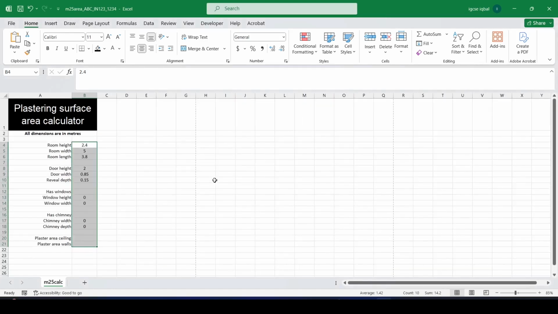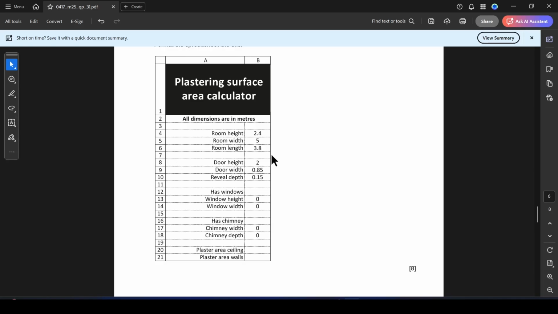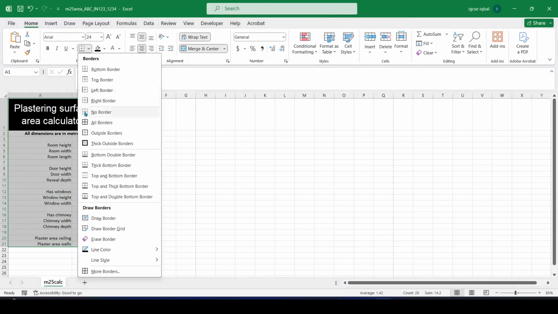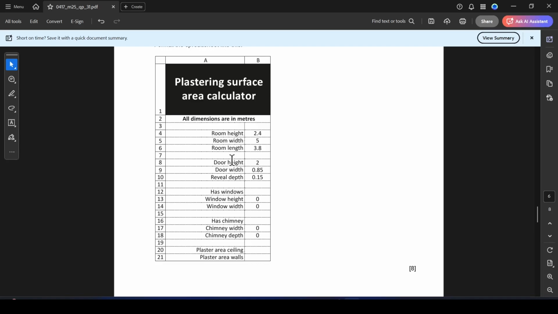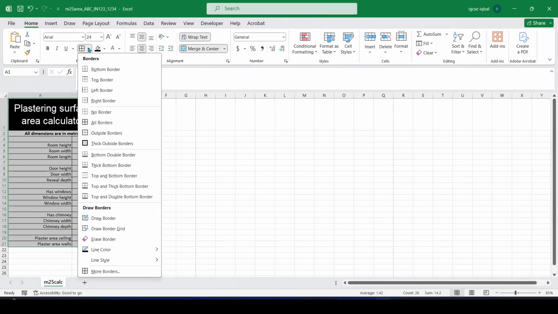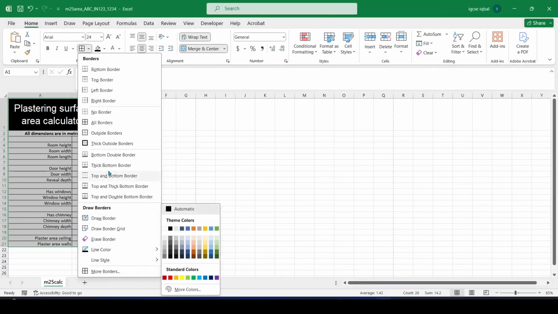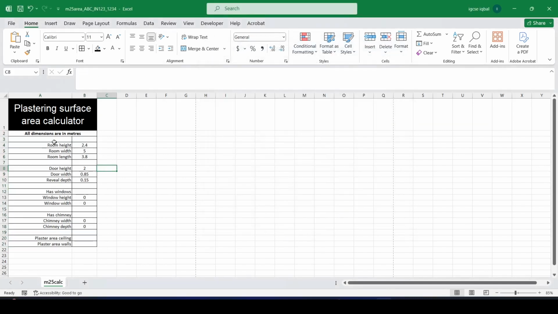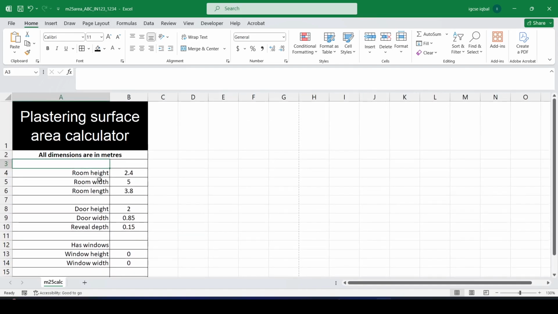Let me zoom out, so I hope you can see here. Yes, we did it. So now it also contains a border, table border. Okay, so we'll put border. So grid lines. Yeah, done. With the border, more border, and we will use this, and then okay, done. So next,